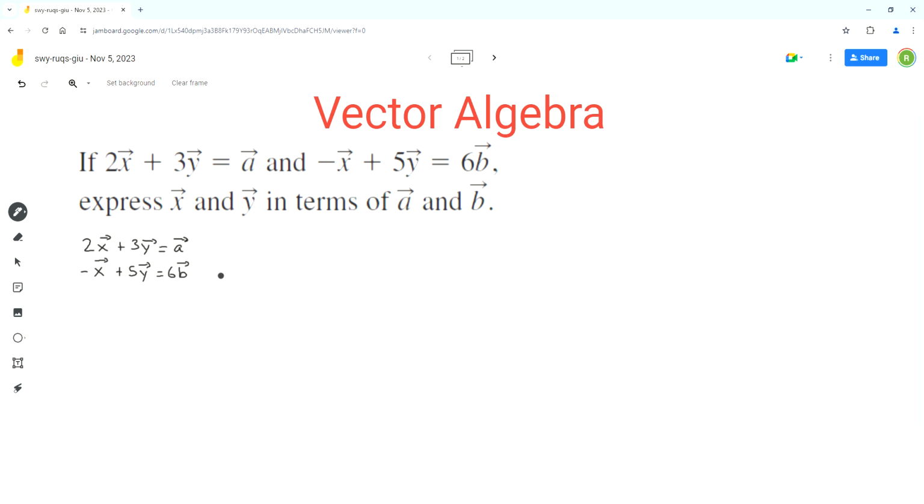So we have to use either the elimination or the substitution method to solve this linear system and find the values of vector x and vector y. Now as per these two given equations, it will be easier to use the elimination method to solve this linear system. And for that, we'll have to multiply the second equation by 2. Because if we do that, the coefficients of x terms will become the same, but they'll have opposite sign. So we can rewrite this system of equations as